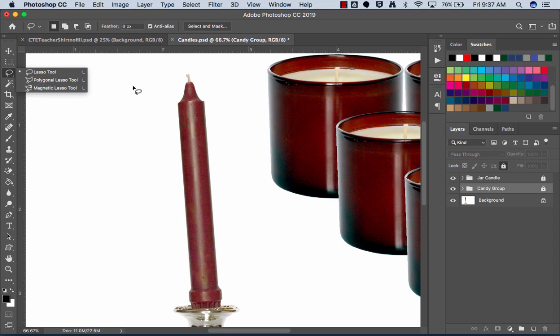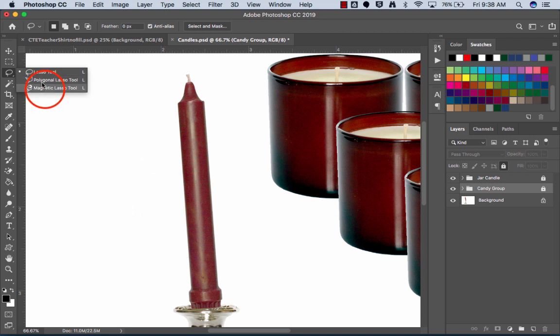So this is a good candidate because we've got red and white. Even the gold will work. This one will have to do a little bit of manipulation for the wick. So make sure when you are doing this process that if you've got a solid background, that your background color is the right color. It will help get rid of your selection so we don't get that dark thing